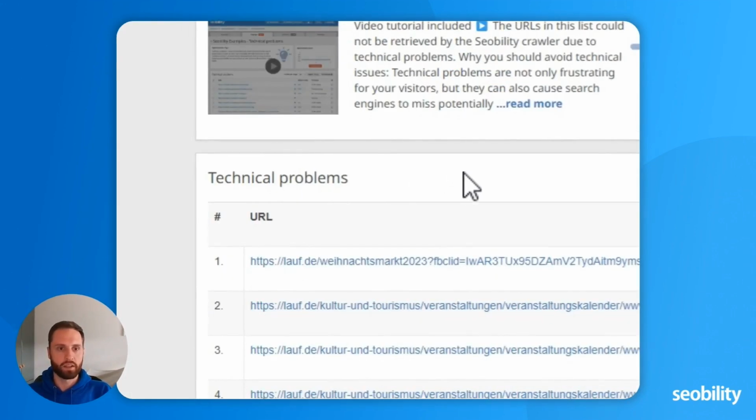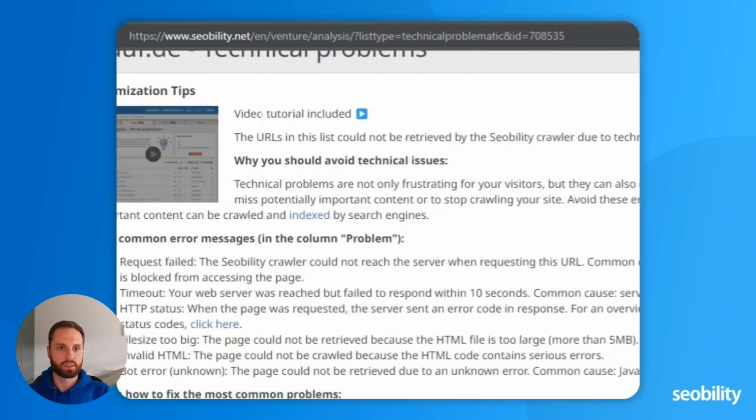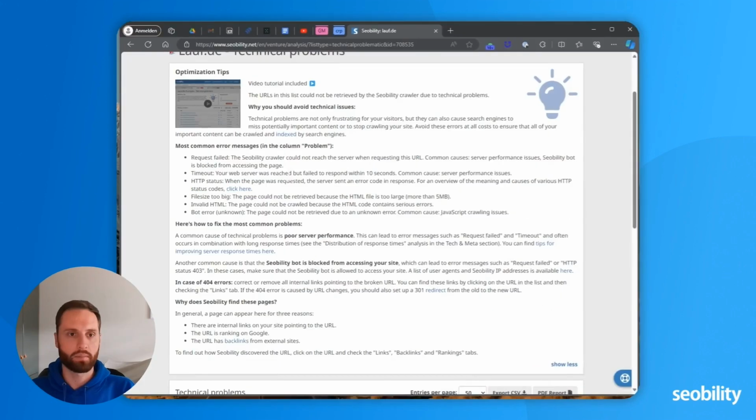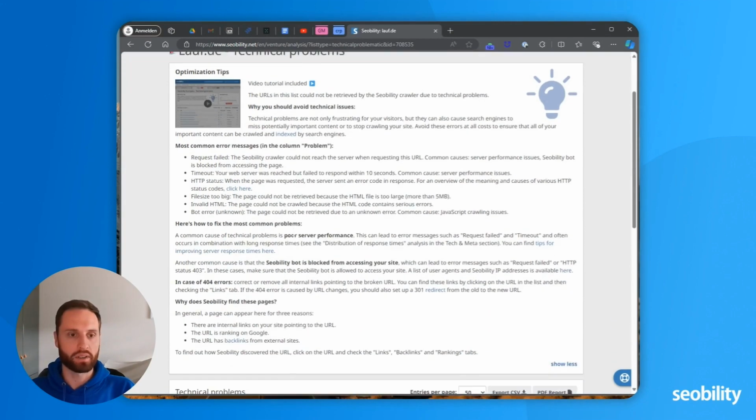And here you will usually, that's how all of our report pages are structured, have optimization tips up here. You can unfold this, and then you will see that we have a lot of text, SEO expert knowledge ready for you to consume and learn about what is this analysis, why is it important, and what are most common issues and how to fix them. We even have a short video tutorial included, which helps you not only understand but also work with the analysis and solve problems on your website to the extent where it's possible for us.